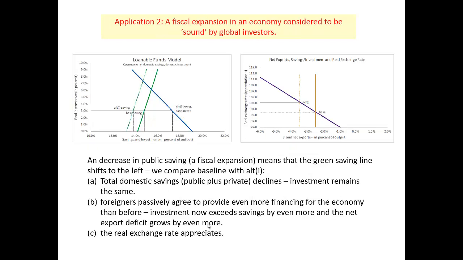Let's go to application 2. And we're going to learn here about a fiscal expansion in an economy that's considered to be sound and safe by global investors. The government is increasing its expenditures without correspondingly increasing taxes, or alternatively it's cutting taxes. Either way, public savings is falling. This is going to mean, if we go to our spreadsheet,